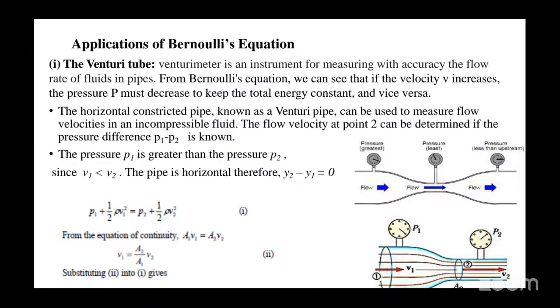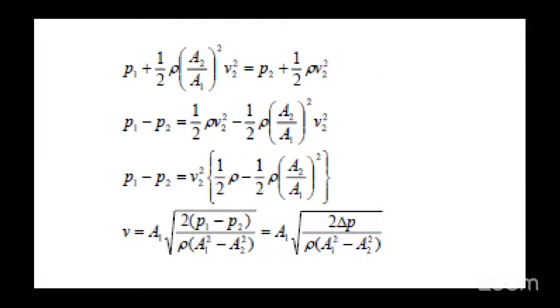Substitute that expression in equation 2 into equation 1, where we have P1 plus half rho V1 square. So where we have V1 square, you replace it with A2 over A1 V2. So when we do that and simplify the expression to make V2 the subject of the formula, we are going to have V2 is equal to A1 times the square root of 2 times P1 minus P2 over rho times A1 square minus A2 square. So that will be the expression, and you can use that to find the speed at which the fluid is flowing out